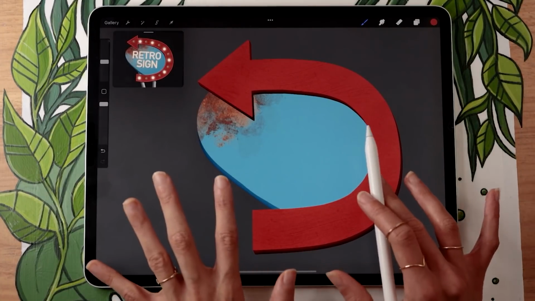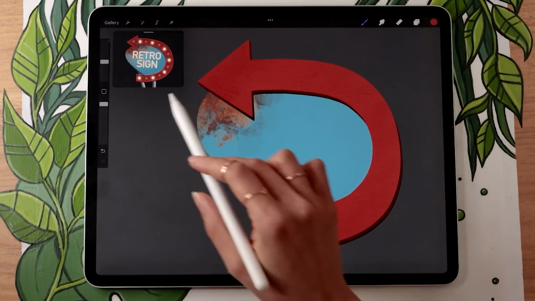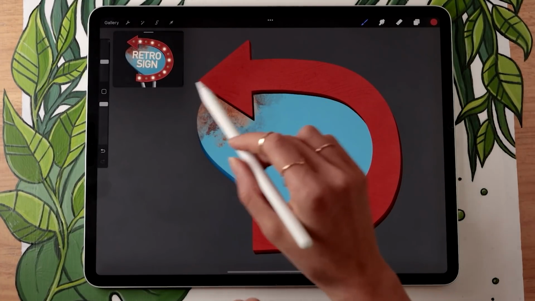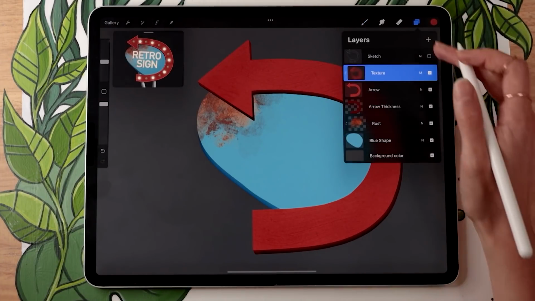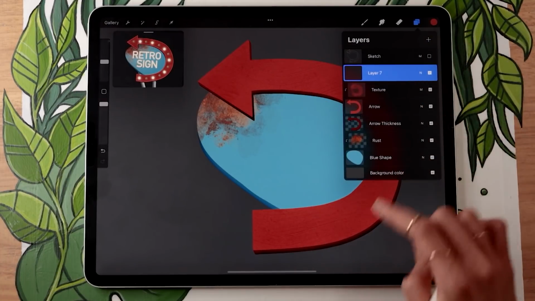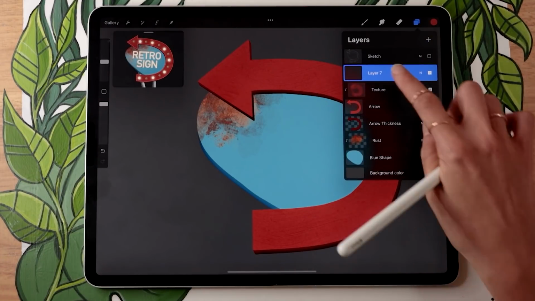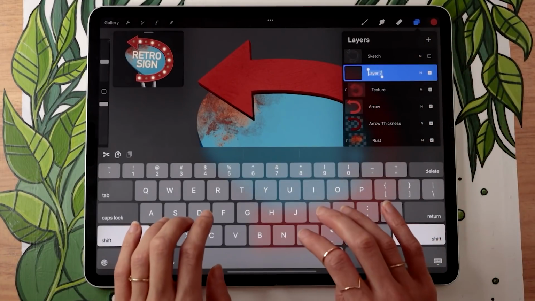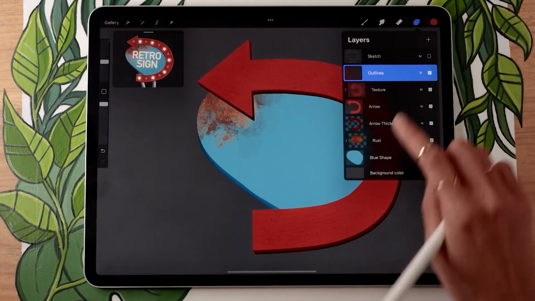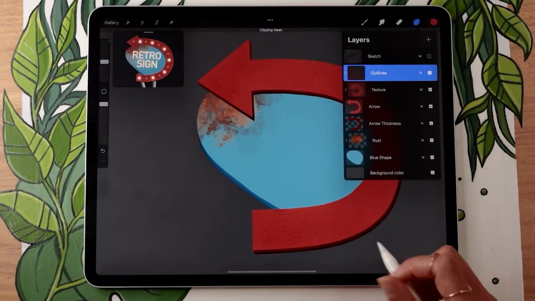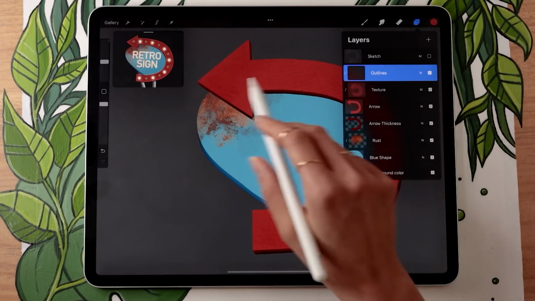Another strategy you can use to make your piece pop even more is to add a little bit of an outline on some shapes, like here I have it on the arrow. To do that, again, super easy, just creating a new layer above whichever shape you want your outlines to be on. And then renaming this layer to, let's go with outlines actually. And applying it as a clipping mask as well so that it stays within the shape that we have.